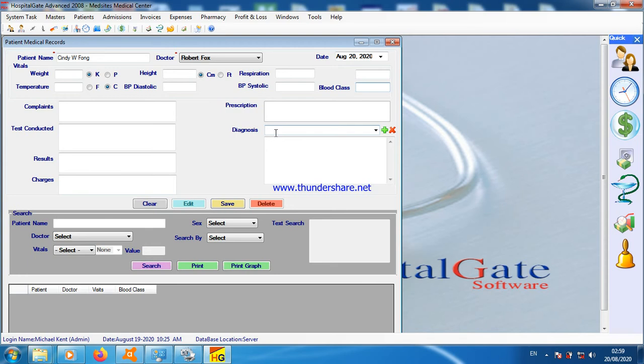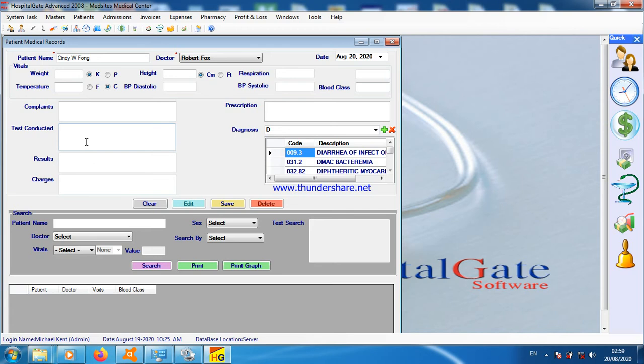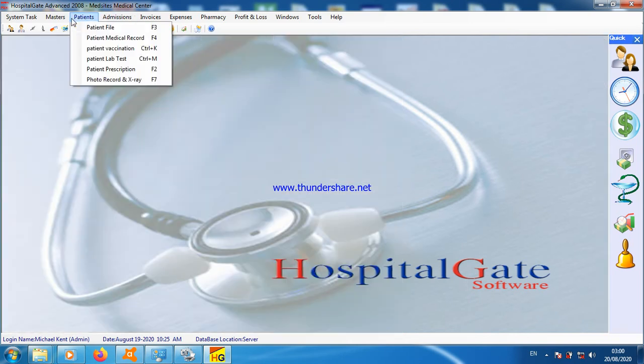This is the diagnosis. So you enter the diagnosis here, and it drops up. This is complaints, tests conducted, results, and then charges. After you finish, you save. Once you save, the doctor can also open it and see the information about the patient, about the complaints and all this stuff. And then we come to the patient's